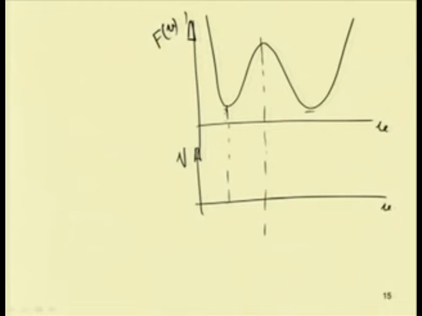Corresponding to this one can have a center, and corresponding to this one can have a saddle point. So, there will be a separatrix which will separate the flow. So, we will have a center here, and this is also another center.